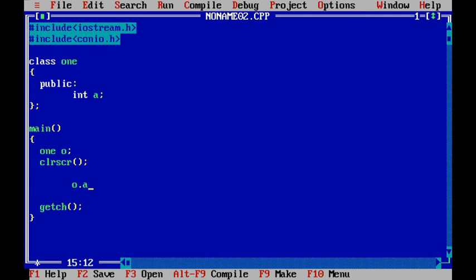So we can write O dot A equals suppose 10, and here cout O dot A. Using the dot operator, we can access a data member of a class. To run this program, press Ctrl F9. And here is the output, that is the value of A is 10.